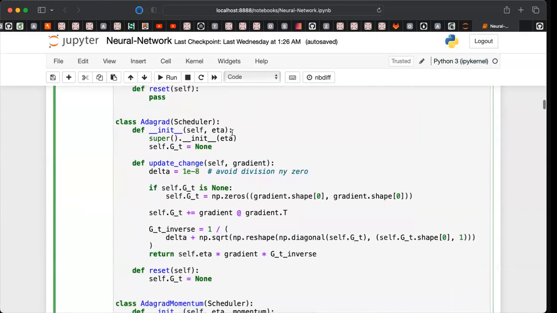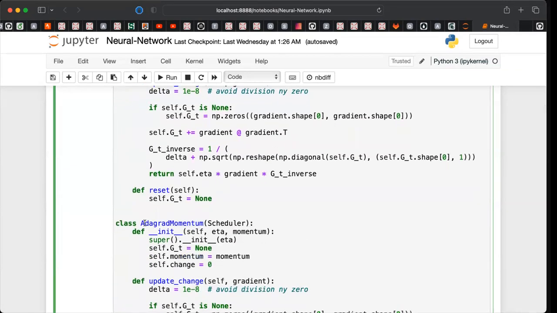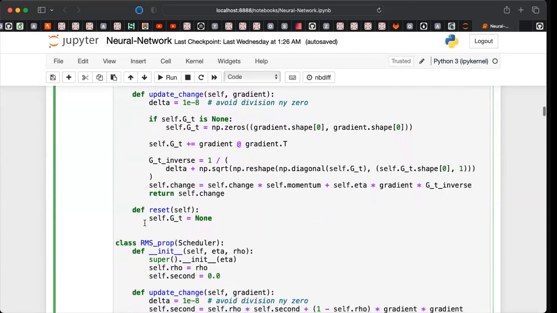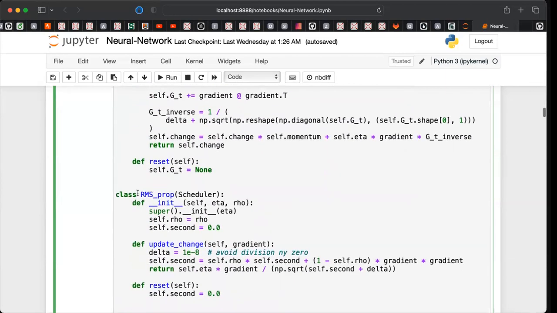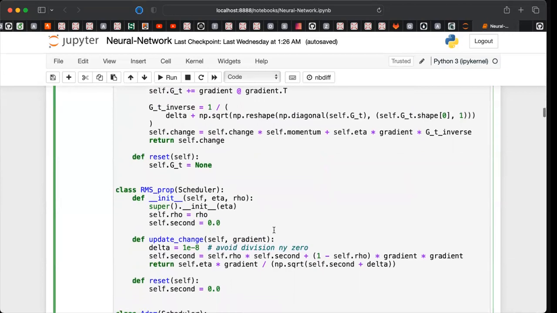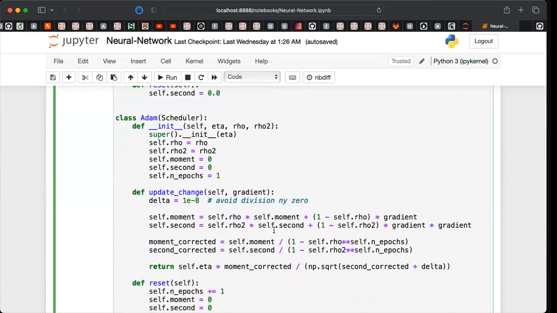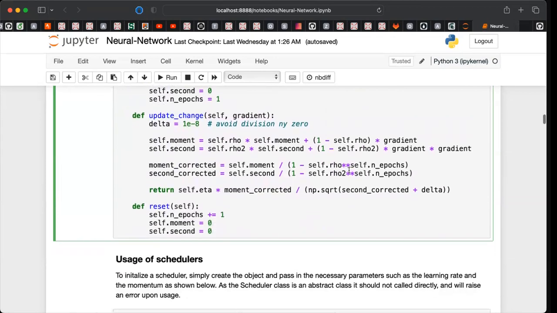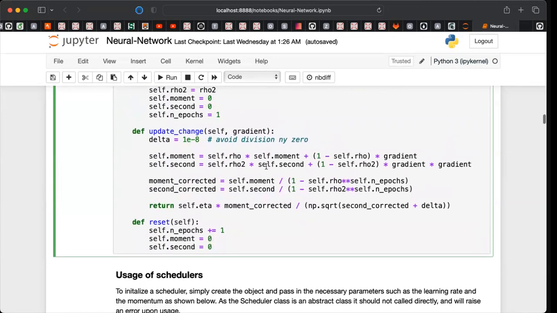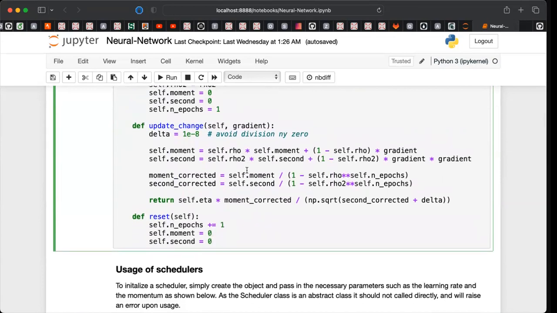And then we have the different ways to update the learning rate. One is AdaGrad, the other one is AdaGrad with momentum, which we also discussed before the winter break. We have root mean square propagation. You can add momentum update here as well if you want to. So there's a lot of flexibility here. And here we have Adam. And the different models have also different parameters, like this parameter for the Adam, which is called rho1 and rho2, which we also discussed before the